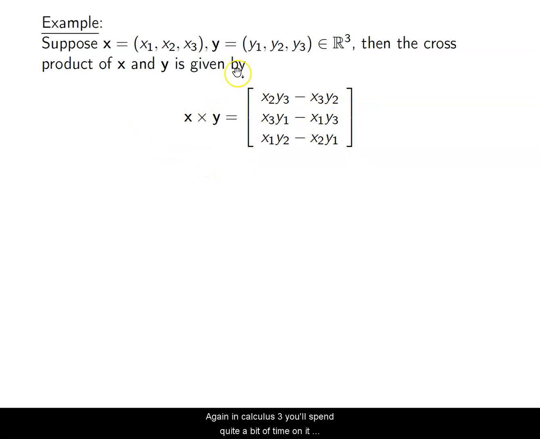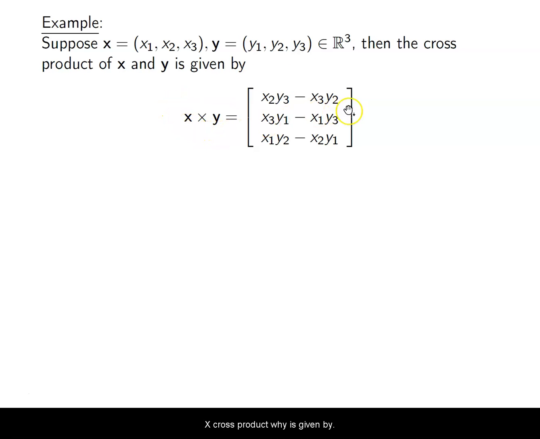Again, in Calculus 3, you'll spend quite a bit of time on it. If you took physics, you know all about the cross product already. So we're just going to discuss it here in an example, and that's our definition of, or our exposure to, I should say, the cross product. So,